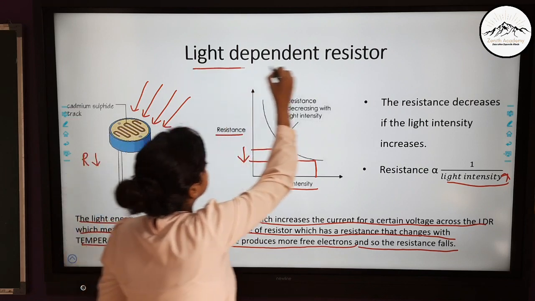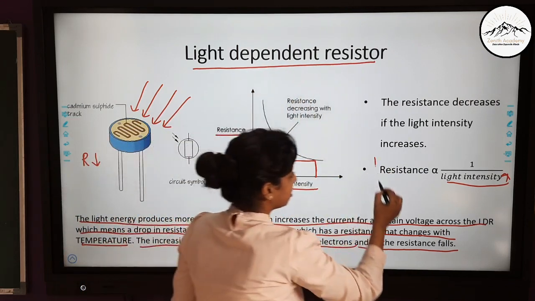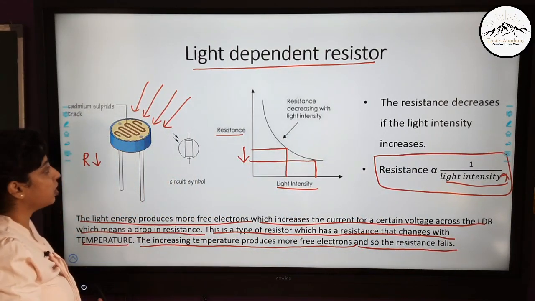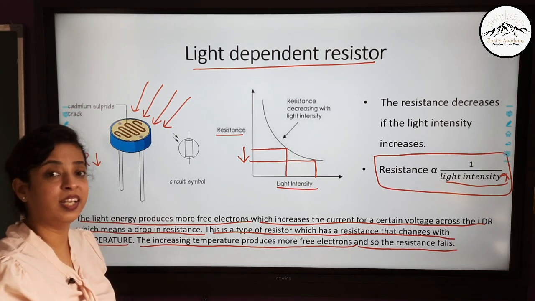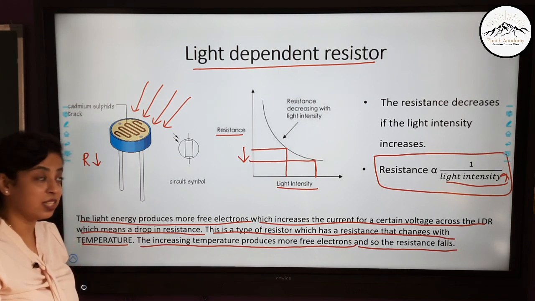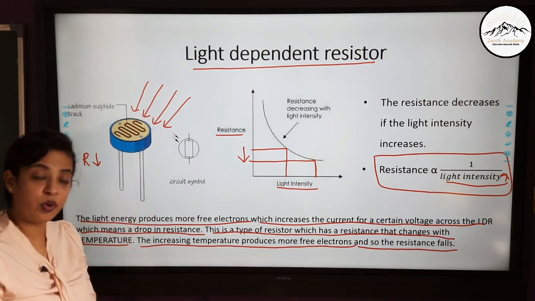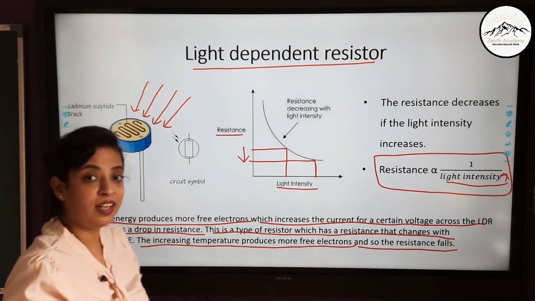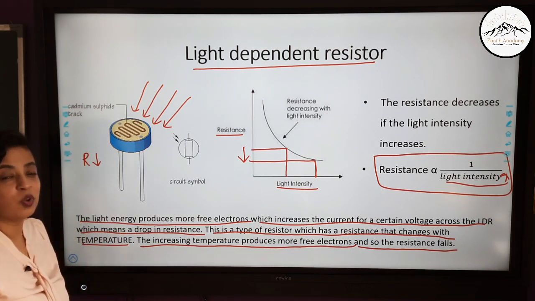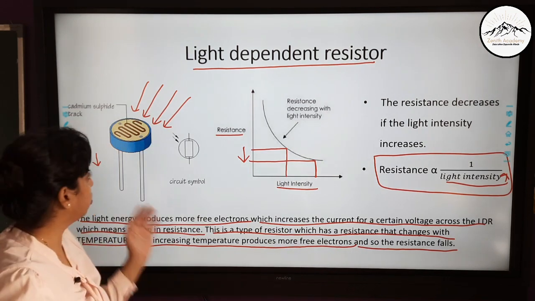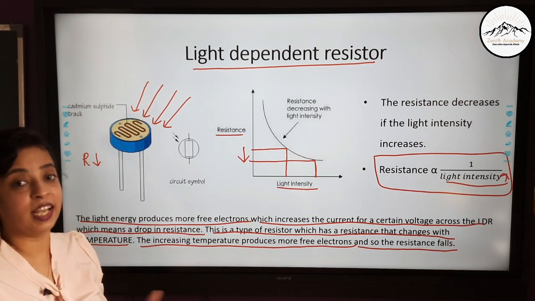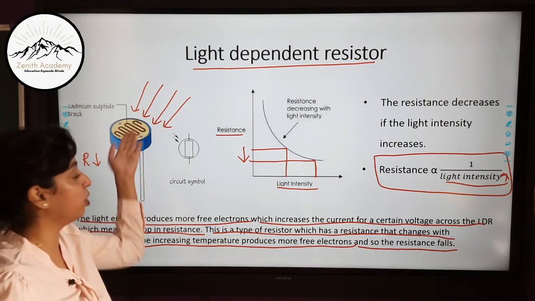So for a light dependent resistor, you should always remember that resistance is inversely proportional to light intensity. Can you say, will the resistance be more during daylight or during late evenings? Yes, during daylight the light intensity is more, so resistance will be less. And during the evening, when light intensity is less, the resistance is more, so less current will pass through the circuit. So if you have connected these devices in a circuit, then more current will flow during daytime or noon, where the intensity of light is more.